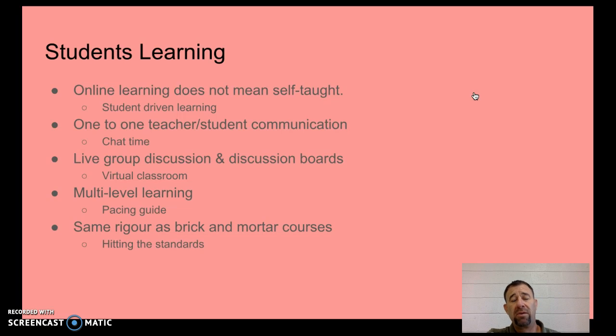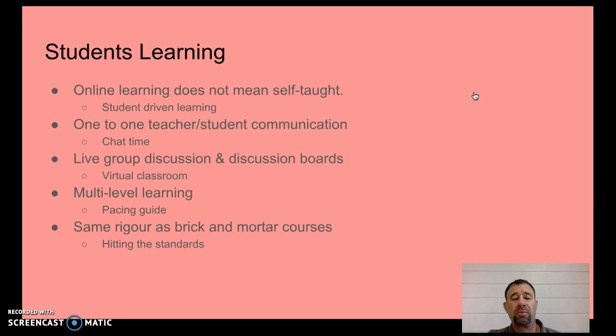Multiple level learning. With the online platform, we will have the capability for students to work sort of at their own pace. And those students that are gaining the information rather quickly can continue moving on, where some of them that might be struggling will have a pacing guide to keep them on, but they will still be receiving the same instruction as those that are moving forward. So the ones that can get that extra will be able to have it.